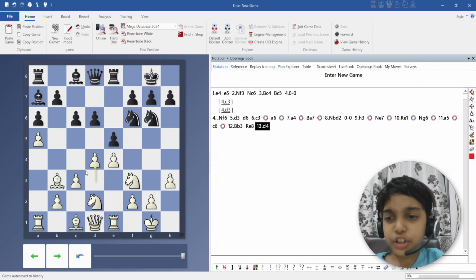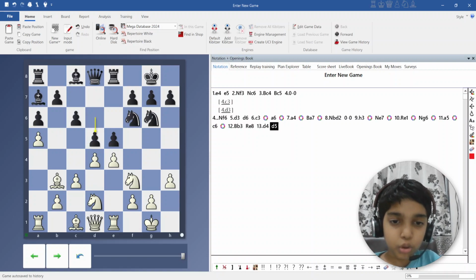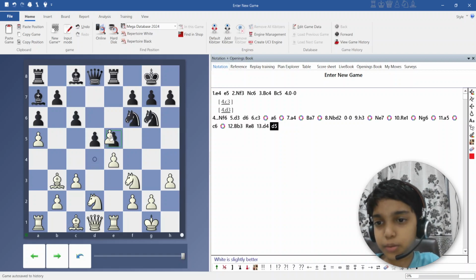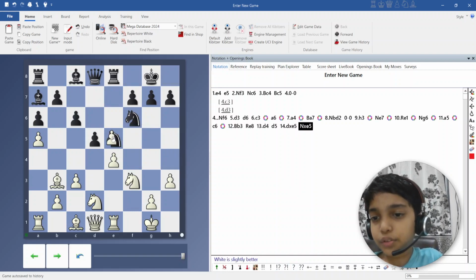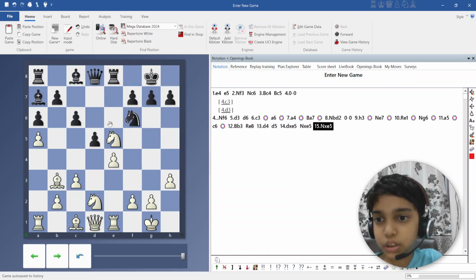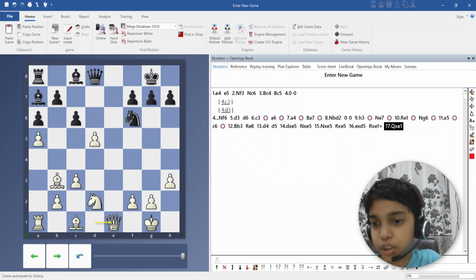white owns the center if black takes, so black will obviously not take, and black plays d5 forming a pawn queue. Both sides want to capture the center, but it just liquidates into some trades. Now d into e5, knight into e5, knight into e5, rook into e5, and now e into d5, rook into e1, queen into e1,